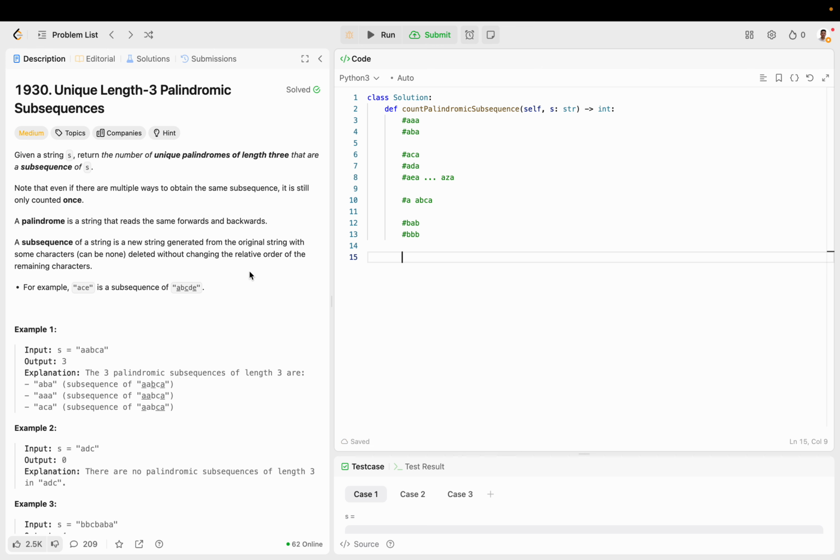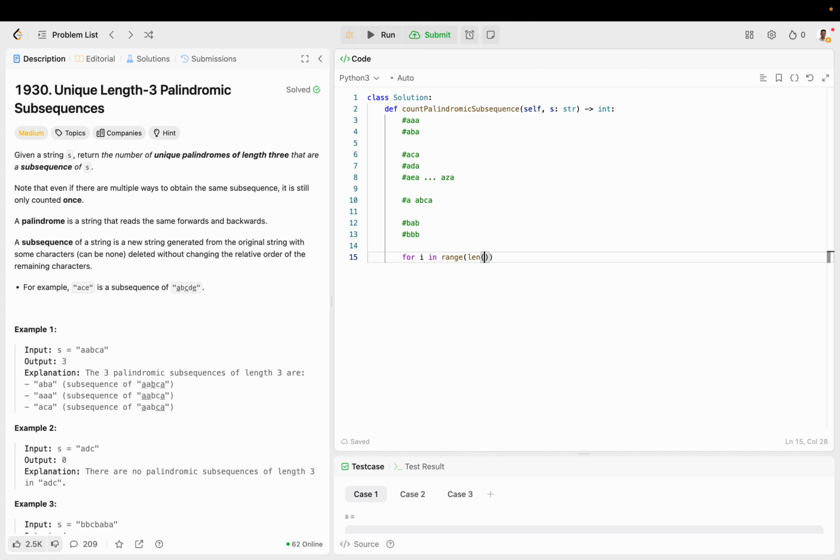So the fact that there are 26 letters is going to help us immensely here, because first of all, I came up with an n-squared solution, which I'm going to show you, but it didn't work, and then I optimized it and it did. So let's come up with the brute force way to do this,